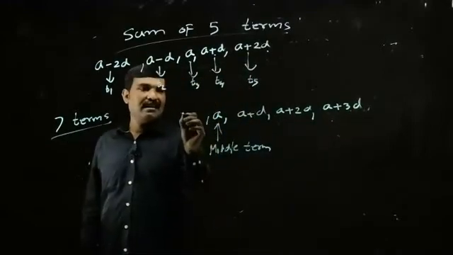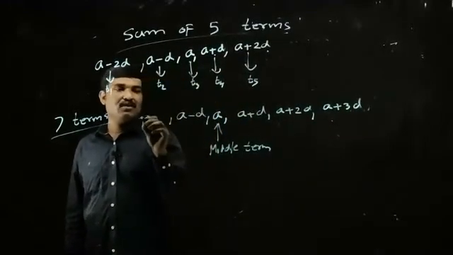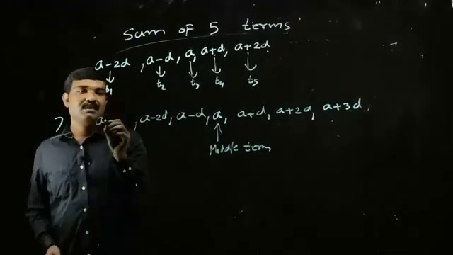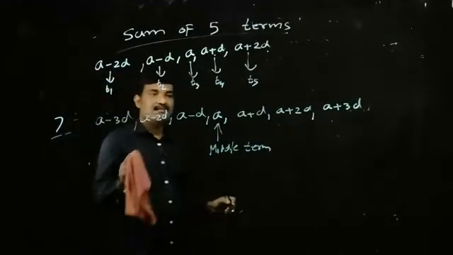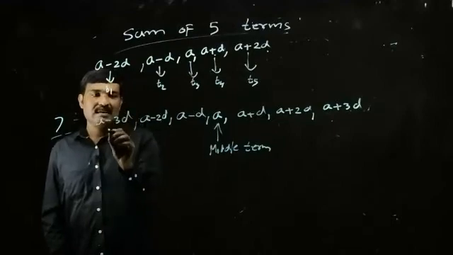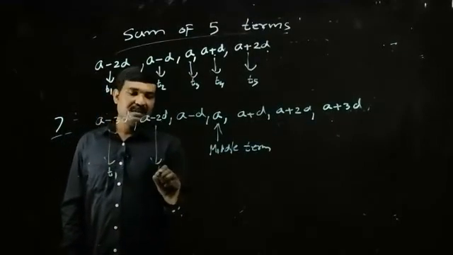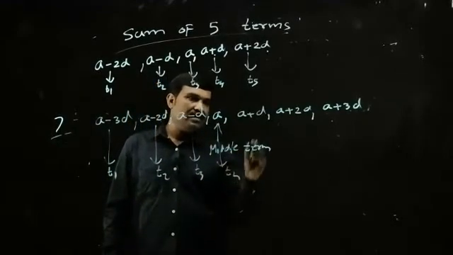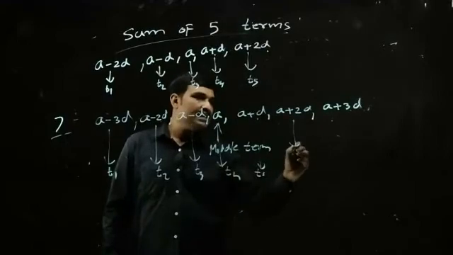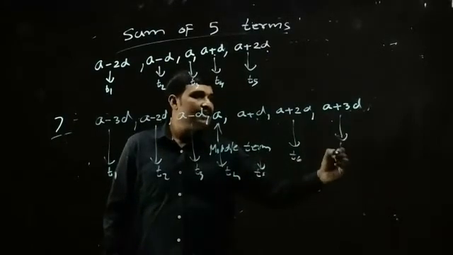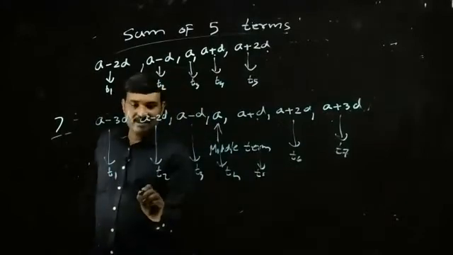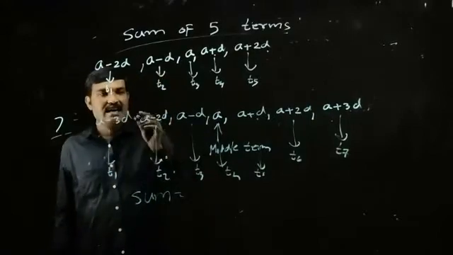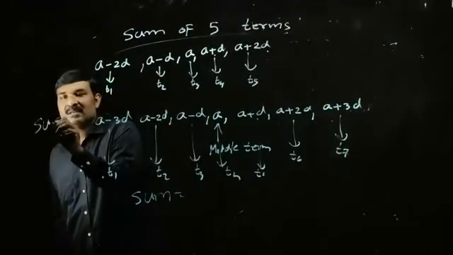So just before A, we can write A minus D. Before A minus D, A minus 2D, and before that, A minus 3D. Now, how many terms are given? 7 terms. This is term 1, term 2, term 3, term 4, T5, T6, and T7. So what is the sum? You are taking the sum. The sum is equal to the sum of all these terms. So we can write here, I'm writing the sum of 7 terms, that is equal to